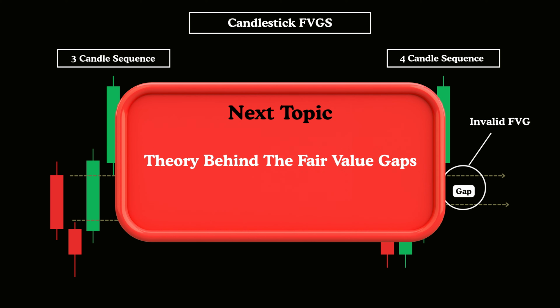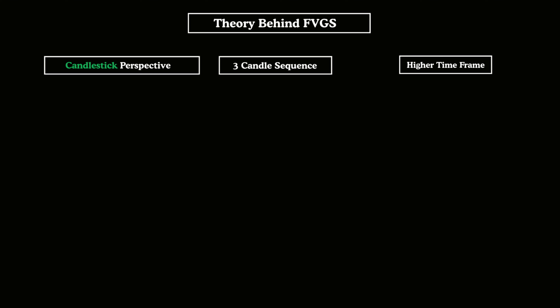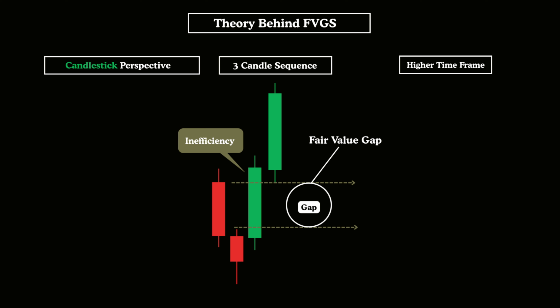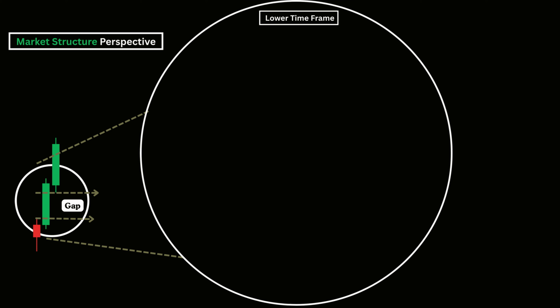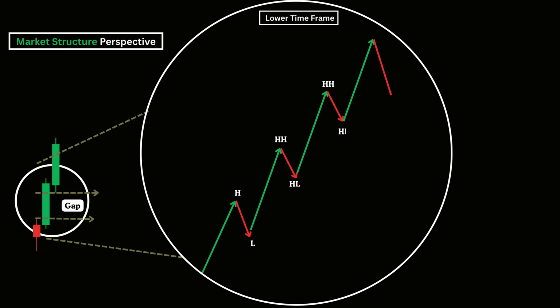Now, let's move forward and unpack the theory behind it. Fair value gaps are based on a 3-candle sequence, as shown here. Let's assume this bullish candlestick formation, which generated a strong imbalance, took place on a higher timeframe. To evaluate this 3-candle sequence in terms of market structure, let's zoom into a lower timeframe. On the lower timeframe, we can see price forming a bullish structure much like the one illustrated. As we mentioned earlier, the market frequently shows a pattern of revisiting and rebalancing the imbalances it leaves behind. Now let's break this down further to understand the logic behind this behavior.